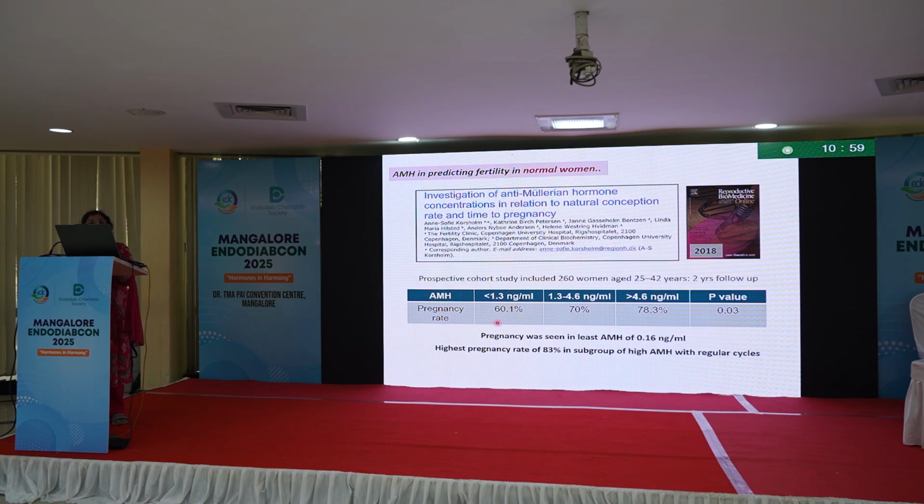then the chances of natural pregnancy are 60%, which is actually 70% when AMH is normal. That means this can be considered a normal rate of natural conception in young women 25 to 40 years of age. And when the AMH is low, the chances of natural pregnancy are reduced a little, 60 to 70%. But this is very broad. This cannot be used to counsel a patient and give her correct answers to her questions. The low level of AMH doesn't mean that there is no chance of natural pregnancy. In this cohort, pregnancy was seen even with an AMH of 0.16 ng per ml, which is very low.